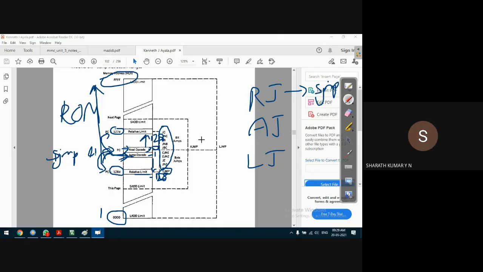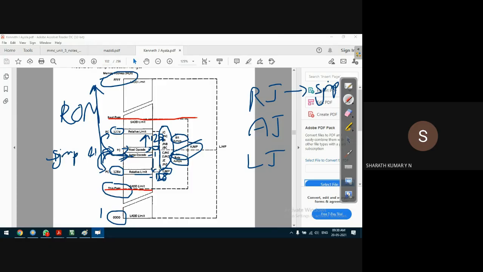Okay, absolute jump range. So there can be bit jump as well as byte jump. The difference we'll see later. This absolute jump considers a page. This is one page. You can see the dotted line here. Let me try to use another color. You see this dotted line, guys. So this is one page.